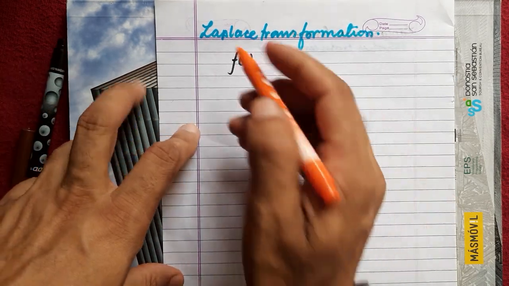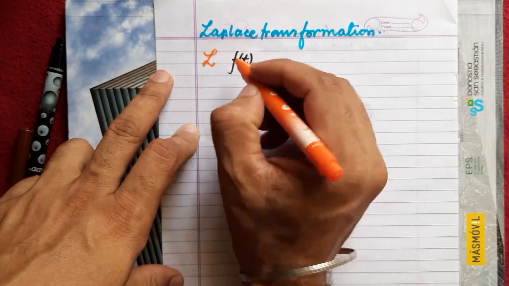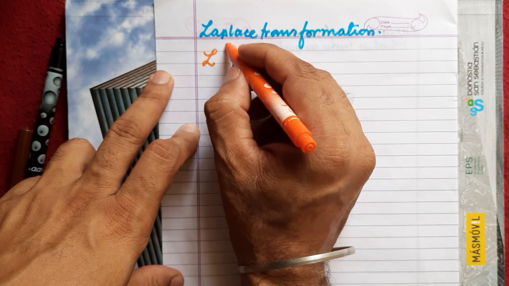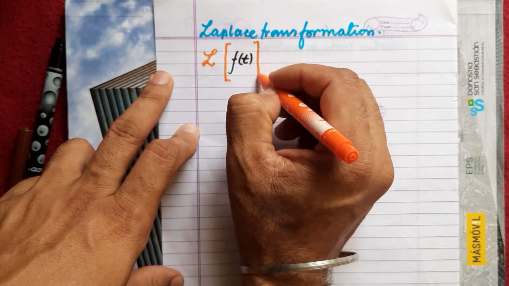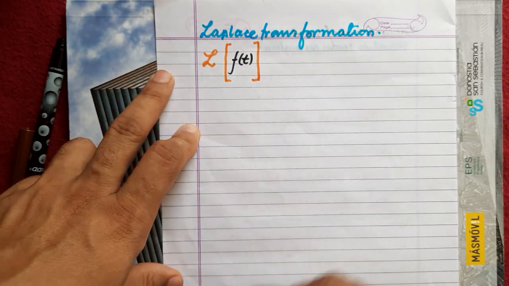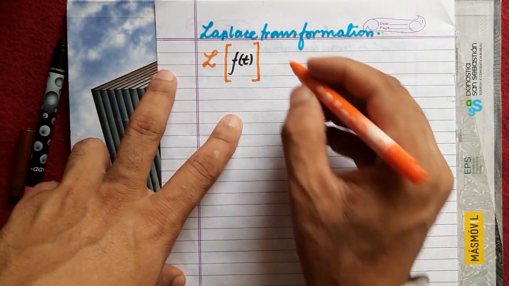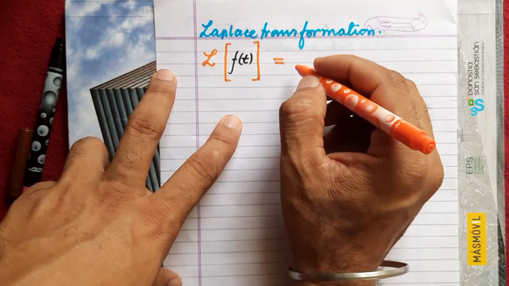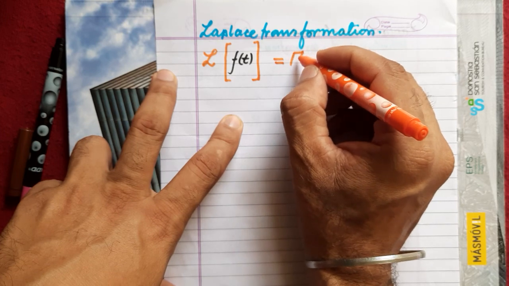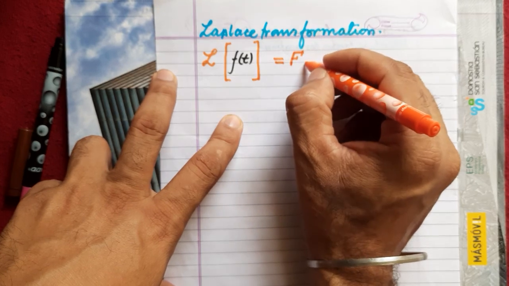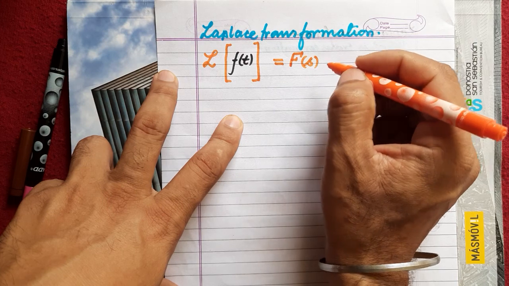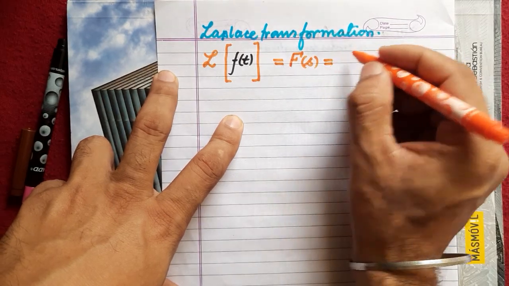This is indicated by this symbol L. We read this as Laplace transform of, and this is also written as F(s), and this is defined as